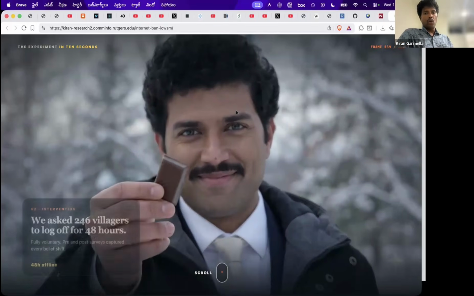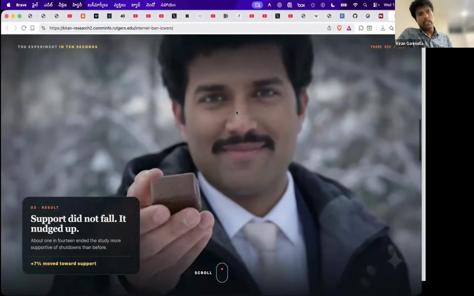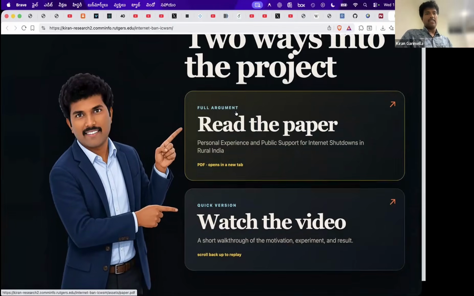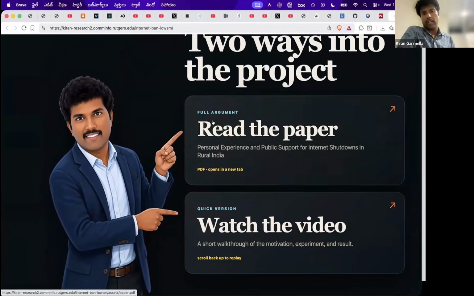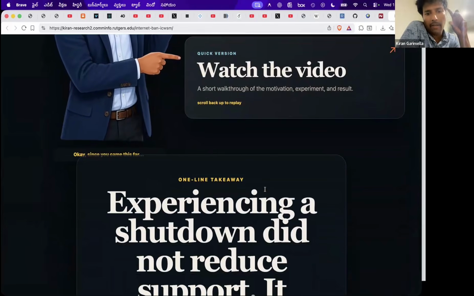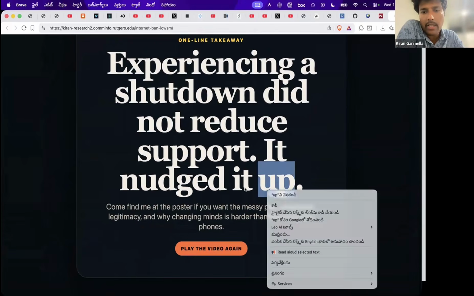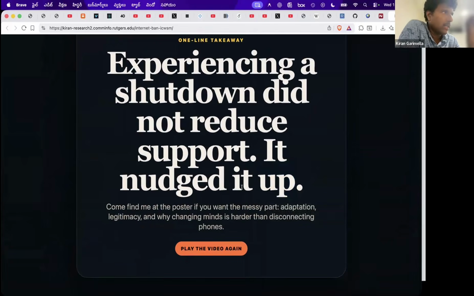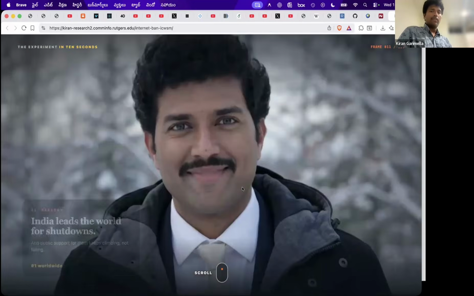It's on scroll, it talks about what the result is, and it has this funny thing which says this is a link to the paper, this is a video. So this is a website that was created just for that half an hour poster session. I have a QR code on my poster, and if people scan it, there's this nice video,